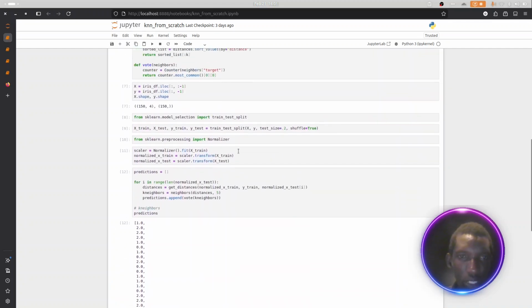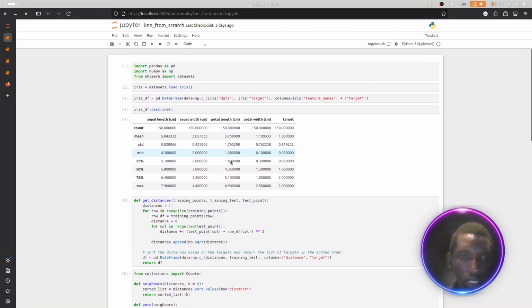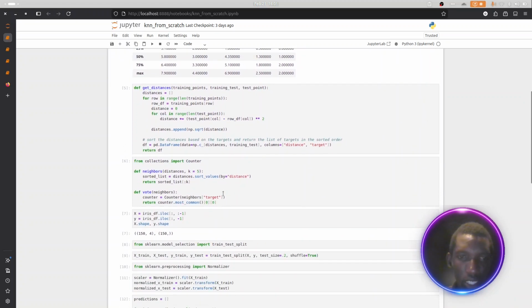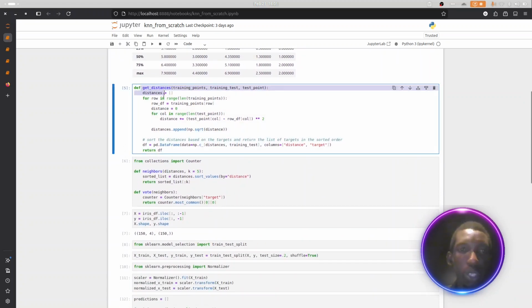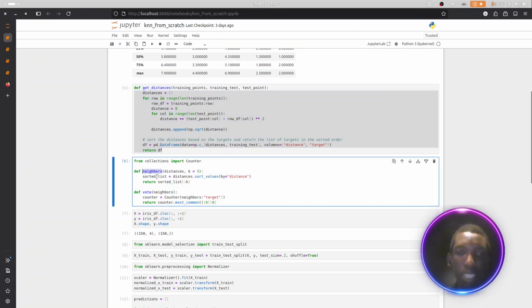So if you look at our score, just trying to find the model. So yeah, this is basically this. So what we would do is we first get the distances. So that means the distance from one data point to another. What we do, we plot all those points, and we calculate the distances. So if you can see, that's what we do here, for example. So we get all the distances,